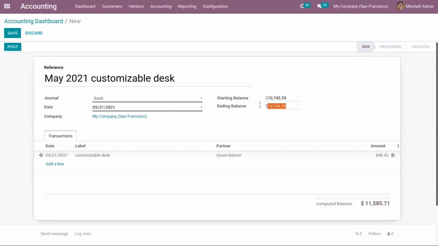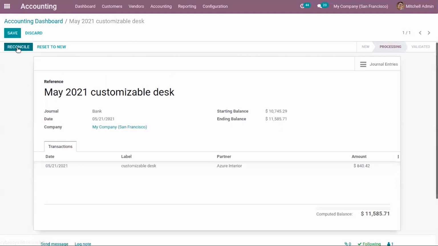Okay, now we have to update the ending balance. And post the statement. Now here you can see reconcile button.